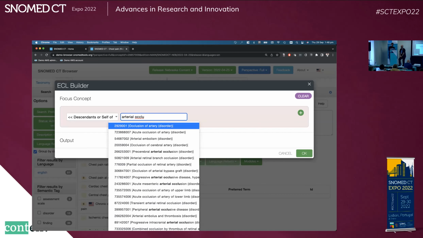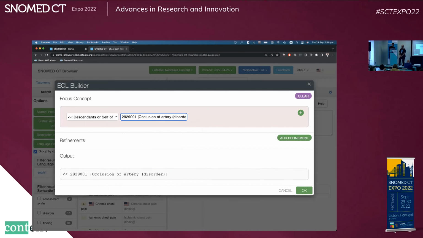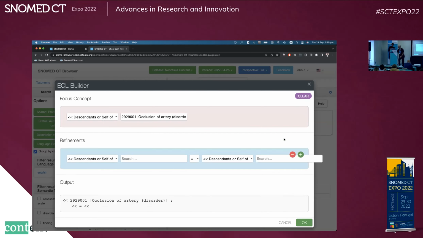Okay, so first of all, we want to have all diseases that are self or descendants of arterial occlusion of artery disorder. Tap. Oh, you can just press. Give it a little click. Okay, press instead of tap. Okay, and then for refinement, we'll want to use the clinical attribute, which is